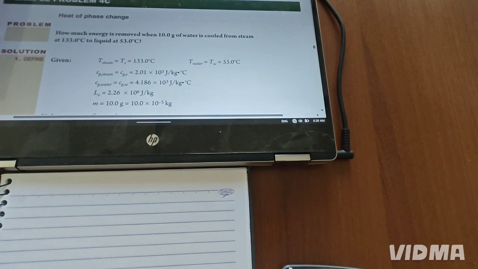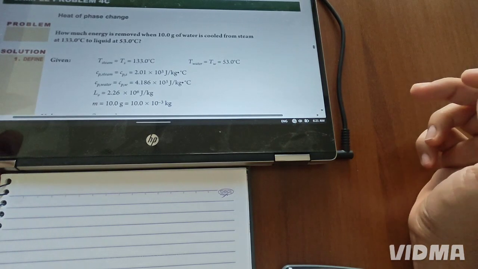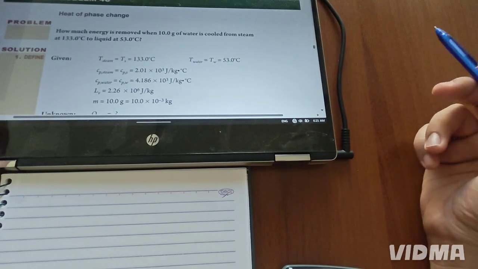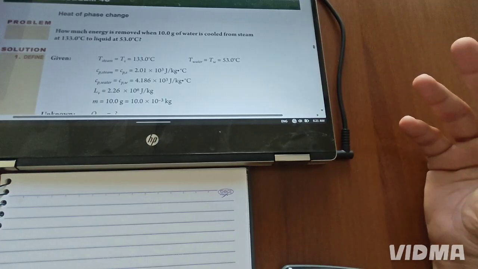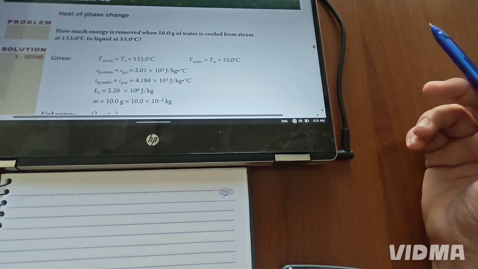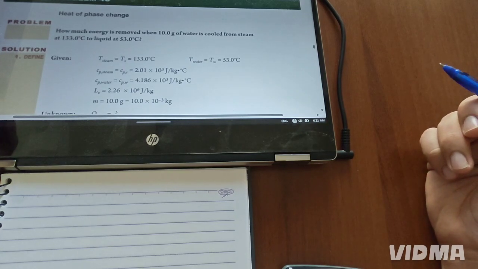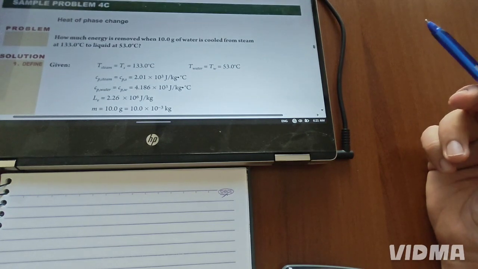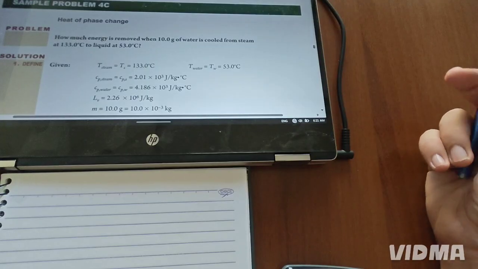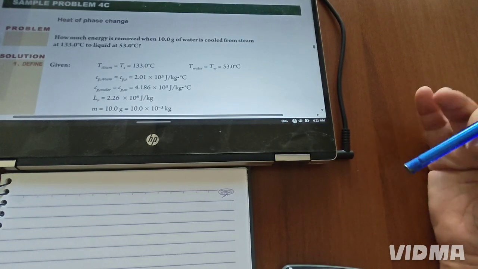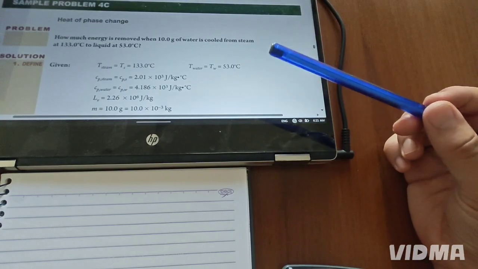Explaining chapter 4. We reach chapter 4 in physics grade 10, in which we reach this topic, latent heat. And yesterday, or not yesterday, I think the previous video, we explained their types. We have two types: latent heat of fusion and latent heat of vaporization. And even though we have explained both of them, latent heat of fusion is the energy per unit mass, but in latent heat of fusion, the state of the matter must be changed